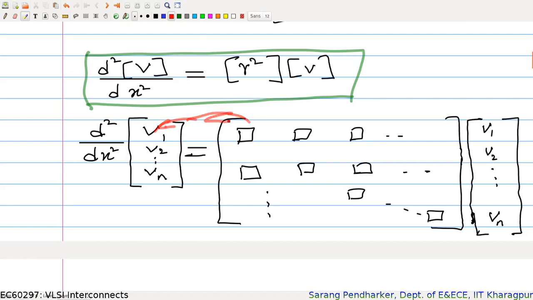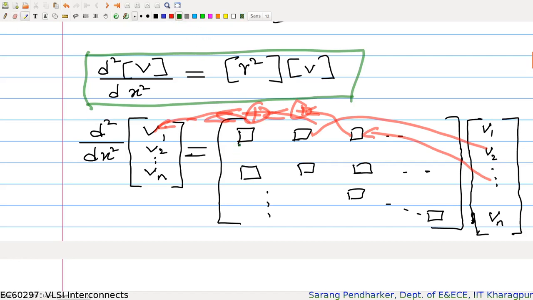V1 would be given by this plus this multiplied by this, and then this added here. So we are also adding up. Then another term would be multiplied by here, and that would also be adding up. So my V1 would be a function of V2 going all the way till Vn in general, depending on wherever this is non-zero. That is the problem of coupling which we want to solve.